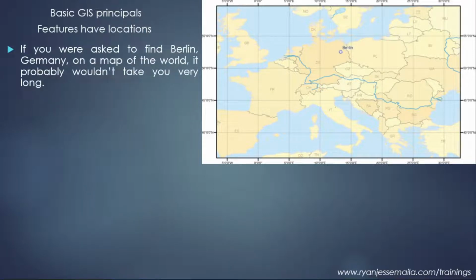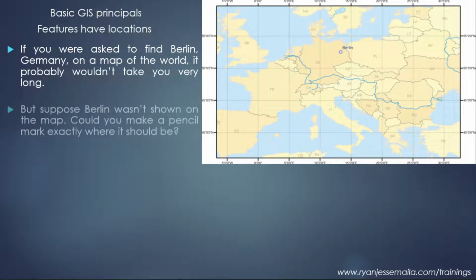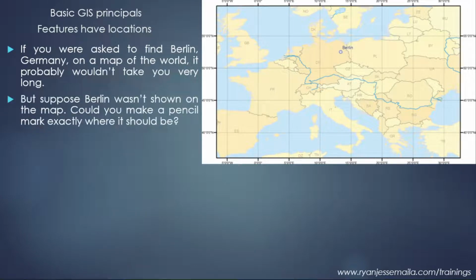So here's an example. If you were asked to find Berlin, Germany, on a map of the world, it probably wouldn't take you very long. But suppose Berlin wasn't shown on the map. So here you'd say, Berlin is here because you can see that it has been written here, Berlin, and there is that mark. Now suppose it wasn't shown here. Could you make a pencil mark exactly where it should